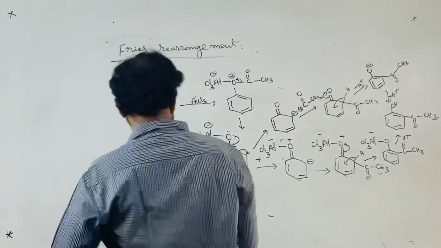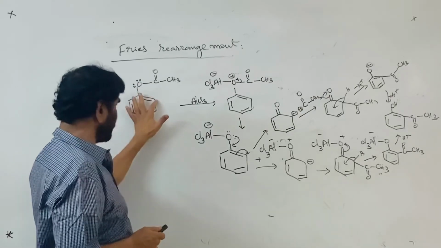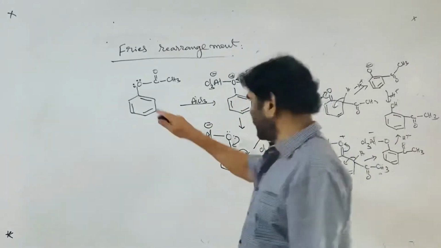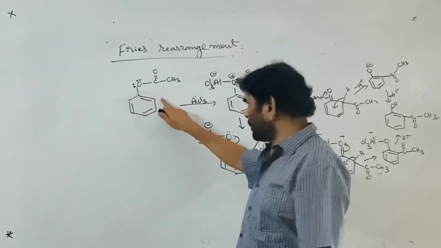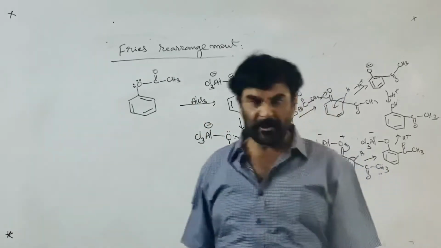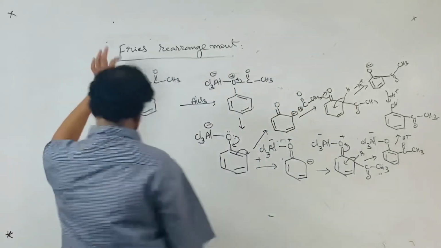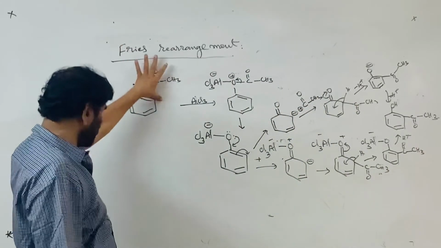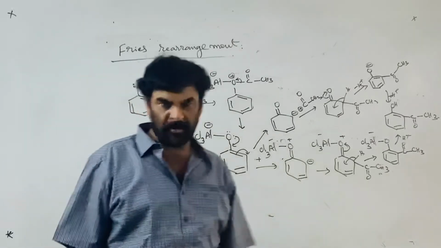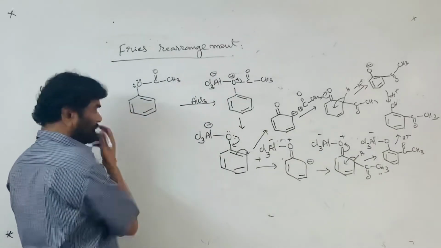During this process, what is happening, you see, is that the group connected to the oxygen is migrated into the ring. You know the terminology of the rearrangement reactions. The origin is oxygen, terminus is carbon, group is migrated in the form of cation. It is a cationotropic rearrangement. Origin is oxygen, terminus is carbon, and this is migrated. That is a cationotropic rearrangement. It's a simple rearrangement reaction, Fries rearrangement.